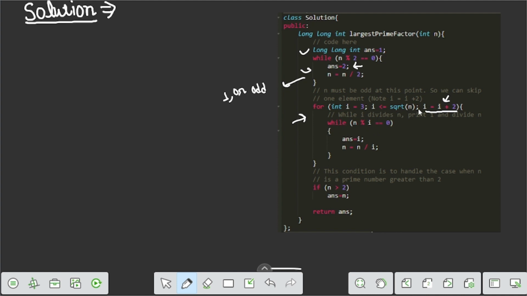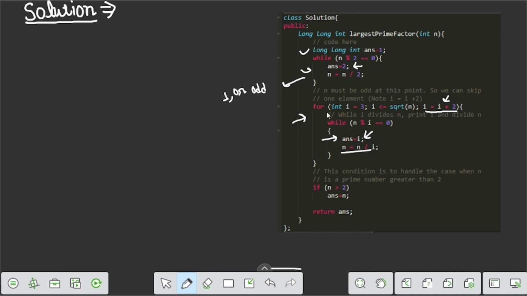For every odd number we check if n percent i equals 0, then we update the answer. We update the answer because the new answer is greater than the previous answer, since i is greater than the previous one. So the new answer is updated in the answer variable of type long int.